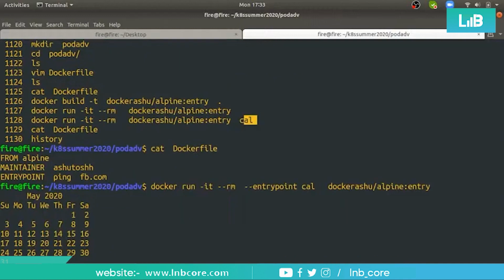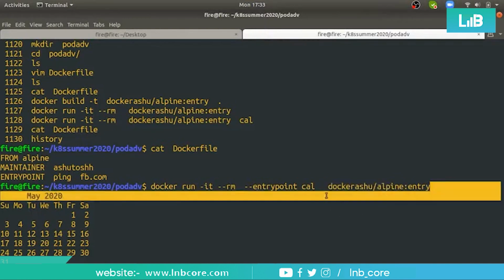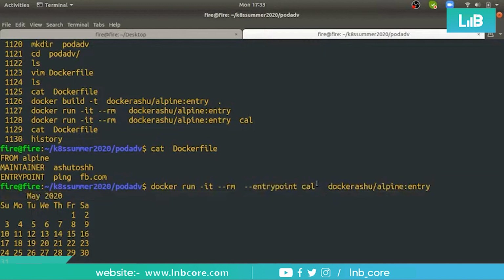See, if I pass --entrypoint here, then I can write this. Now the same Docker image is replaced here, without changing the image. I don't have to rewrite the Dockerfile with CMD. The same Docker image with --entrypoint here.